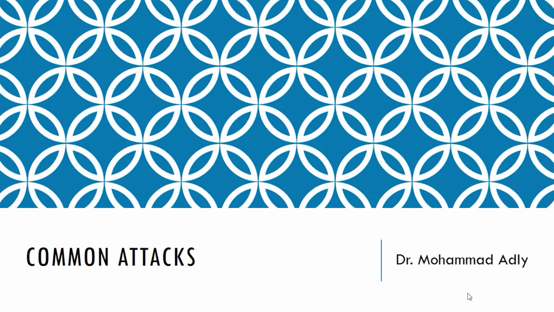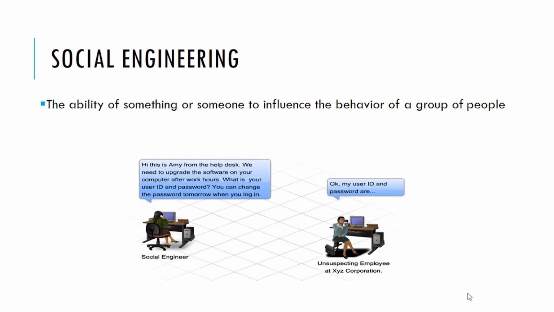Now let's know some of the common attacks in the cybersecurity and network security world. Social engineering. Social engineering is the ability of something or someone to influence the behavior of a group of people. It is related to fooling someone to give away some information that he is not supposed to give, like a username or password or a network map or some information that he is not supposed to tell you about as